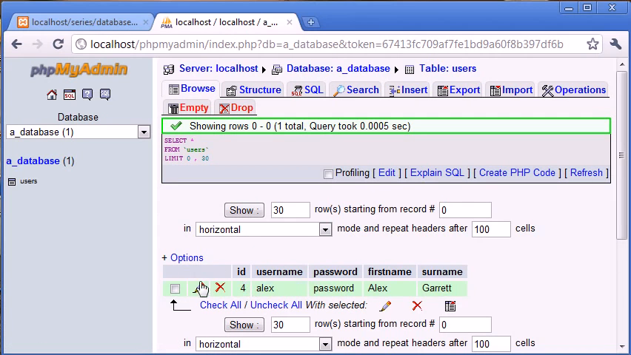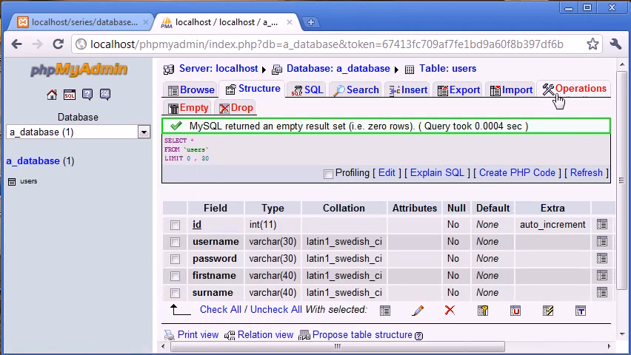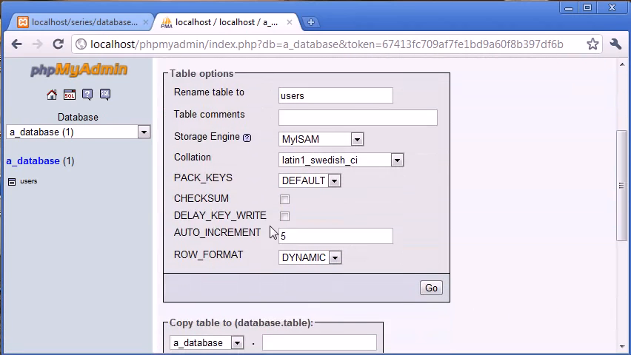Let's say we wanted to go back and we want to start at ID 1 again. Now let's just delete that. You can use this tab called operations, and if you come down you can see auto increment. We can change this back to 0. If we click